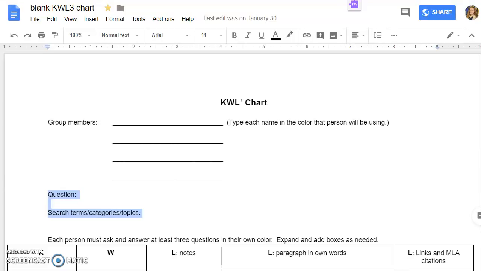Hello everyone. Today I'm going to be sharing with you how to use the KWL3 chart to conduct research, group